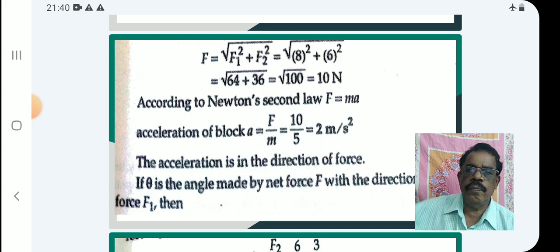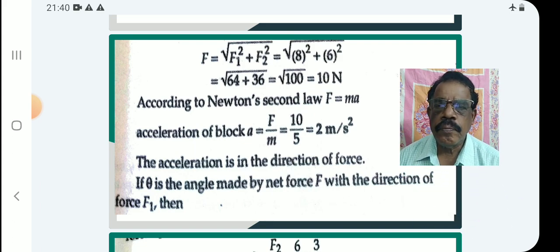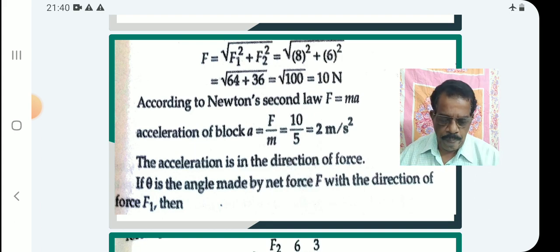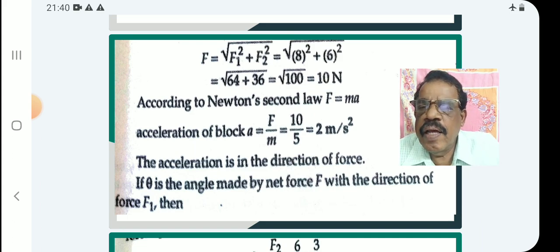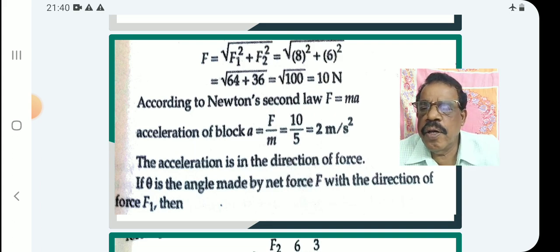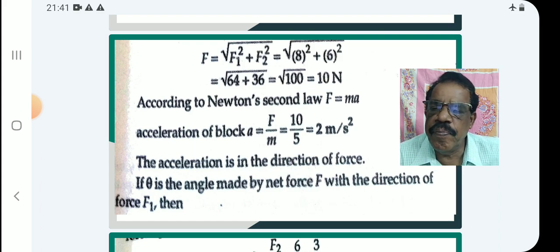According to Newton's second law, F is equal to ma. That is acceleration a is F by m, that is 10 by 5, 2 meter per second square. The acceleration is in the direction of the force. If theta is the angle made by the net force F with the direction of F1, then